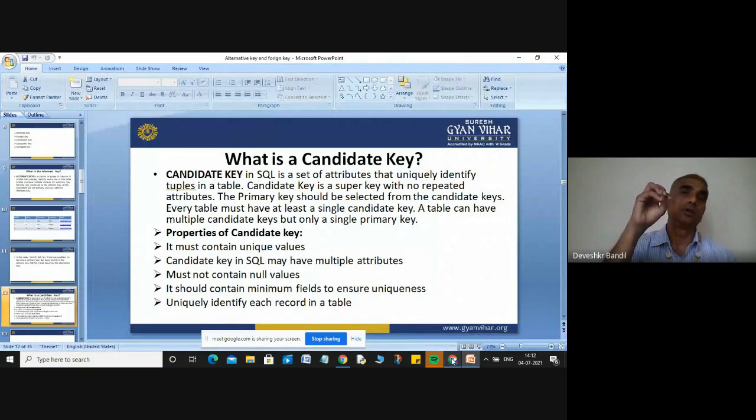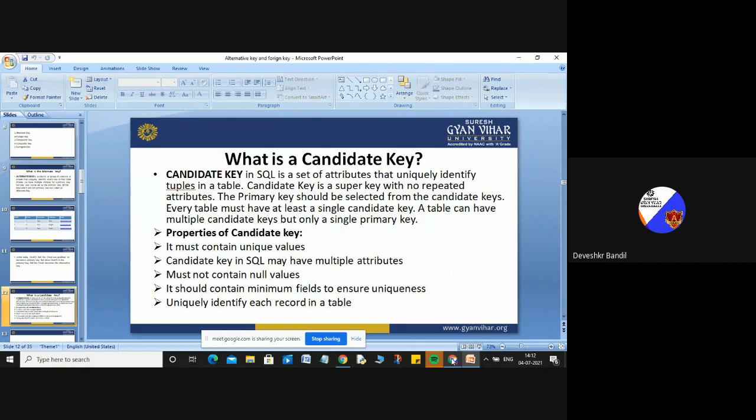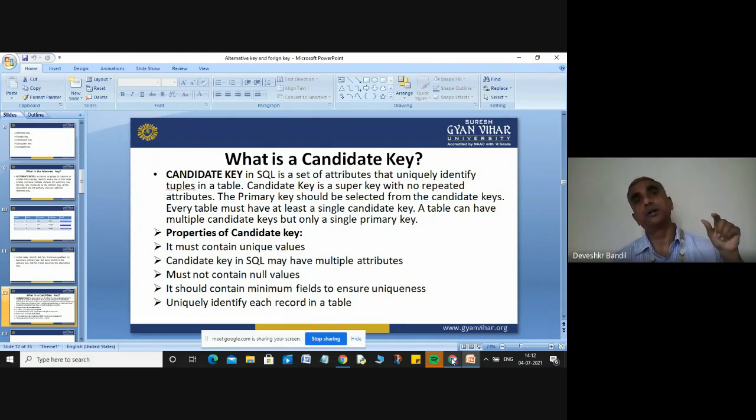When I talked about the primary key, you can take only one column, or more than one column, as your primary key. And here I am discussing the candidate key. A candidate key is a set of attributes that uniquely identify a tuple in a table.